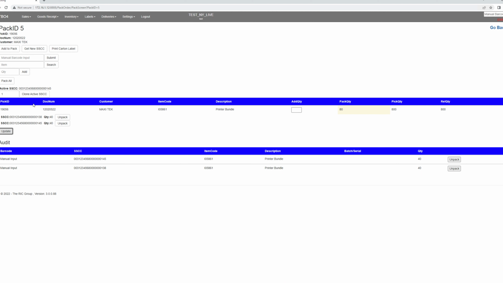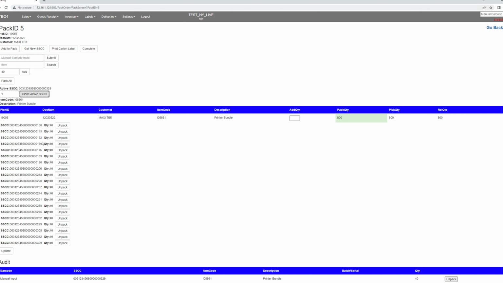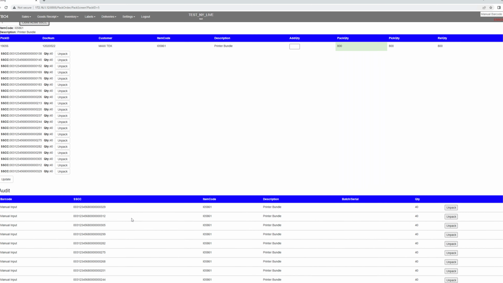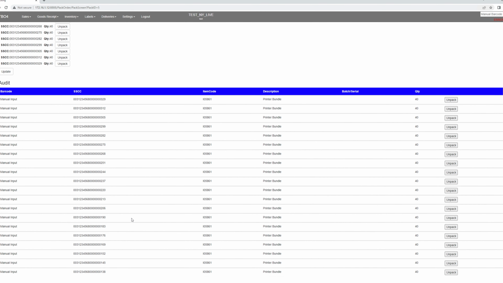Because I don't want to do this process over and over, I'll be able to clone the existing SSCC. So I might want to create another 18 with the same configuration, and in one shot I created 20 pallets with different SSCC codes with the same quantity of 40 on it. In case I create this, here is what we call the audit,